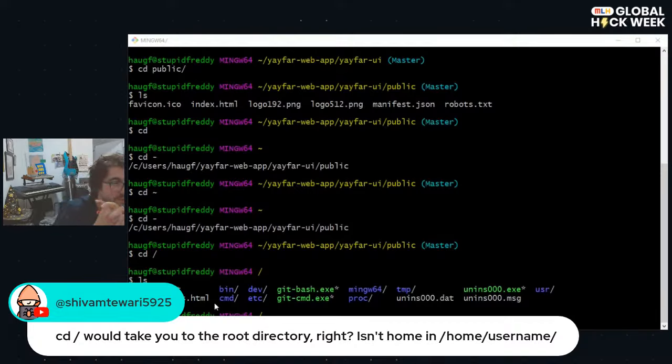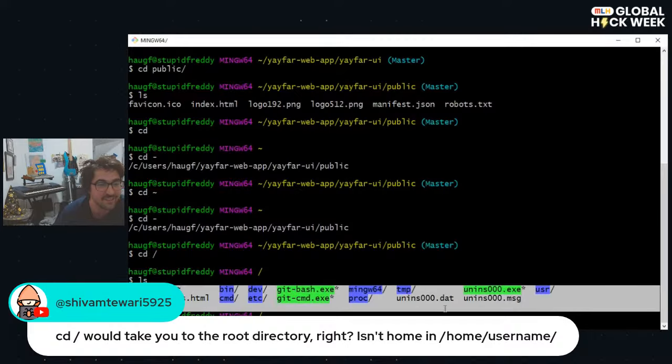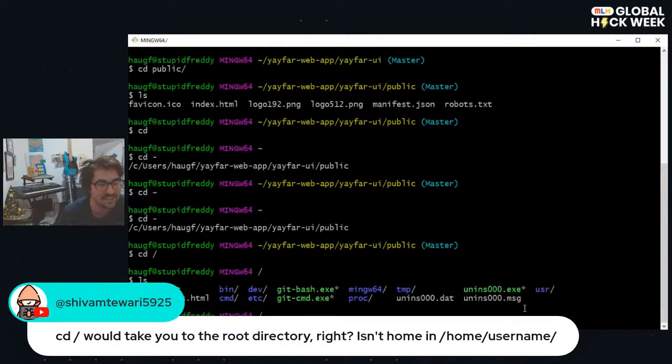So yeah, I do want to put what we have here that Shivem had posted. When you do cd slash, you actually go to the root directory, not the home directory, which is a really important call out. In the root directory, you usually don't want to touch anything. It's not exactly a user-friendly place to be. This is more like internal administrative stuff. But if we want to get back to our home from here,